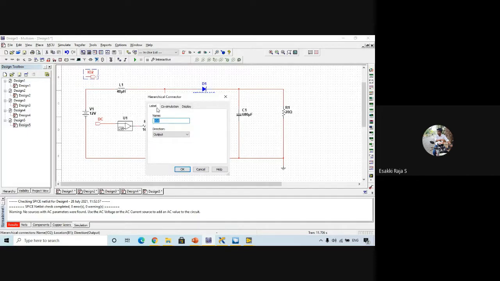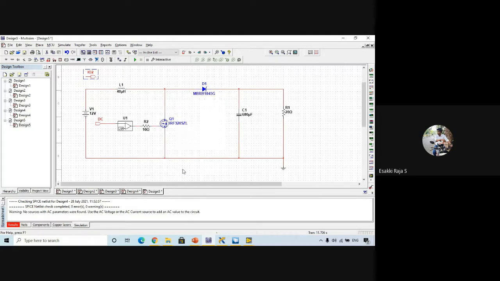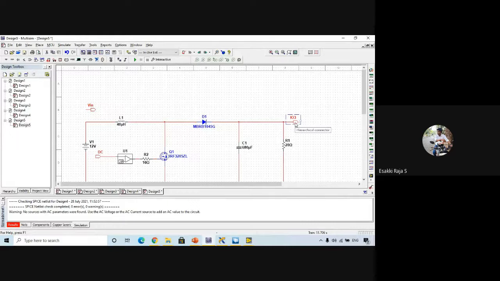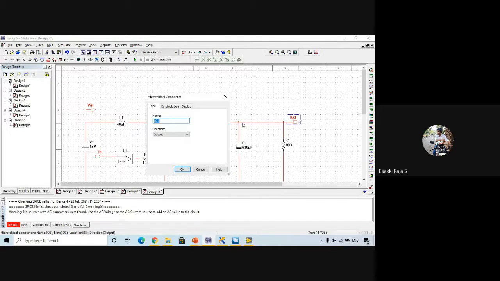This is V in. Then I can make a copy of this for the output voltage, and I give it the name V out.